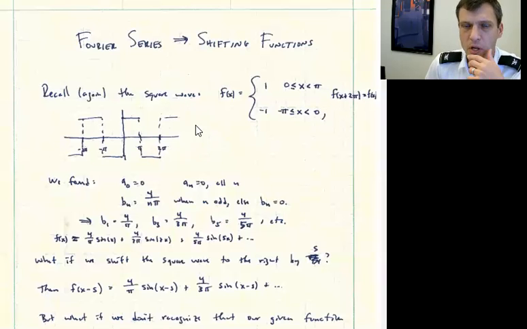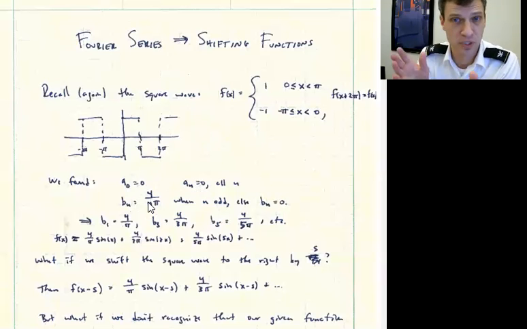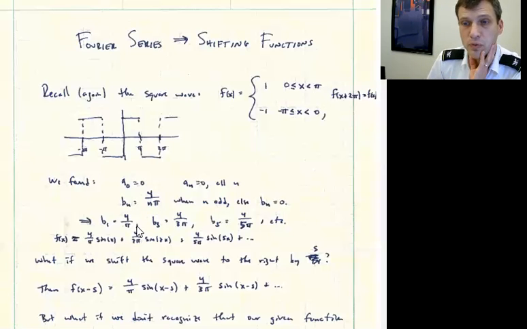Square wave. We found back on day one of doing Fourier series that the a naught, the average value of the function, is just 0. We found all the coefficients of the cosine stuff were 0 because it was an odd function, so there's no cosine stuff there. And then we found that the b sub n's were 4 over n pi as long as n is odd, otherwise it's 0. So there's only odd frequency stuff showing up here. Okay, and so we had b1 was 4 over pi, b3 was 4 over 3 pi, b5 was 4 over